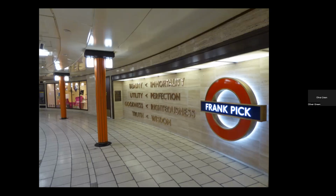He thought that the point of the Underground is not just to provide a transport system, but it was a way of letting everyone into London and getting around London. And it was as important, really, as the architecture of the whole city. And in many ways, at the time, in the 1920s and 30s, the London Underground was seen by many as perhaps the most adventurous part of the city. And Frank Pick's architecture, particularly when he used Charles Holden, who was the architect of Piccadilly Circus and many of the others, it was a sort of